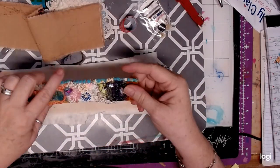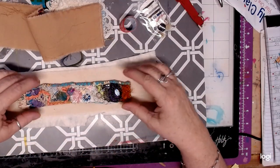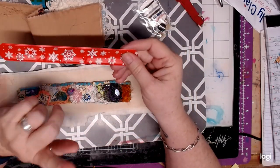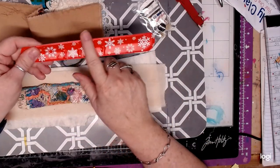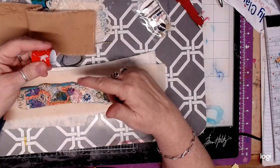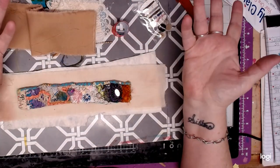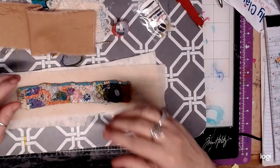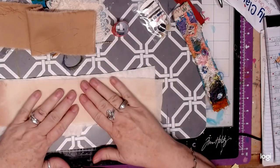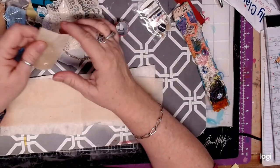Now you might want to take and mark a couple of marks on how wide you want it, because you've all got a slap bracelet to go inside of it. Now, this slap bracelet, you can slice this and take the vinyl off and just have the metal. That's fine. I did not do that, and I do know some of the edges when I stitched it, I caught the vinyl, and it didn't hurt anything. So that's totally however you want to do it. So you know, of course, I've got these bigger than what you really needed them to be. And so then you just take, and again, a glue stick would be really handy to do,